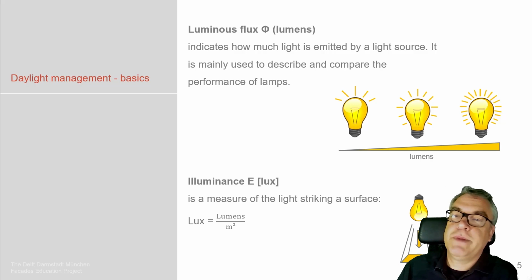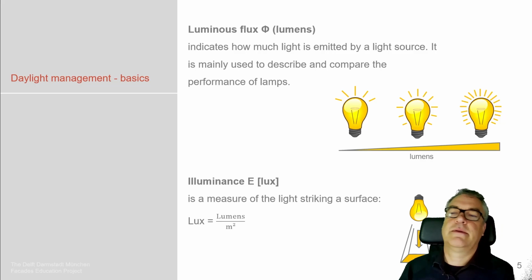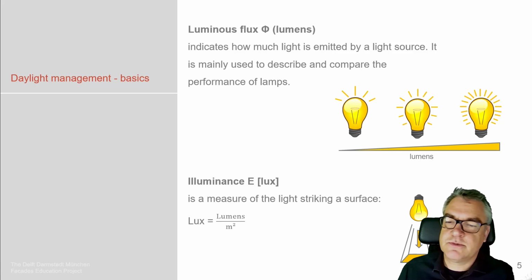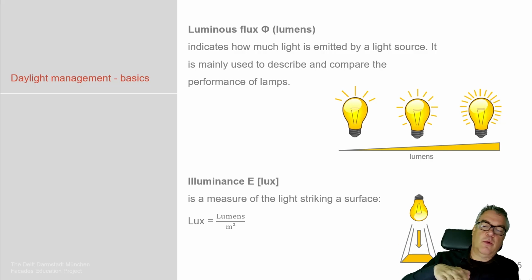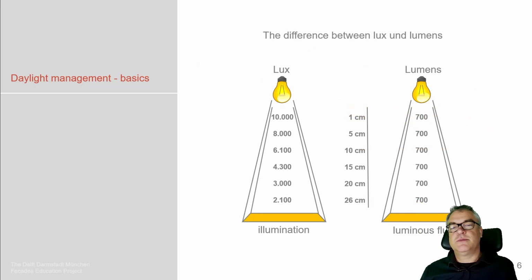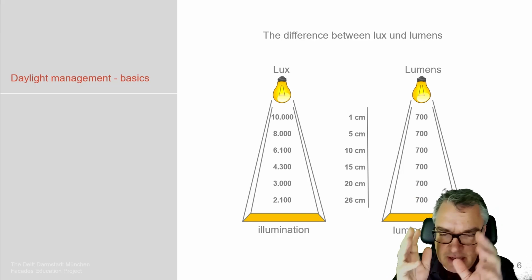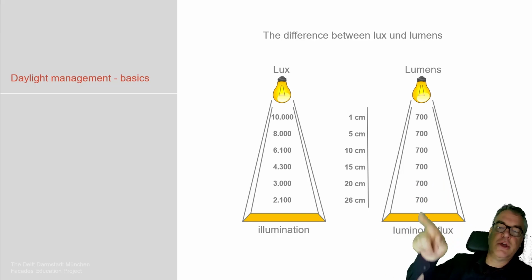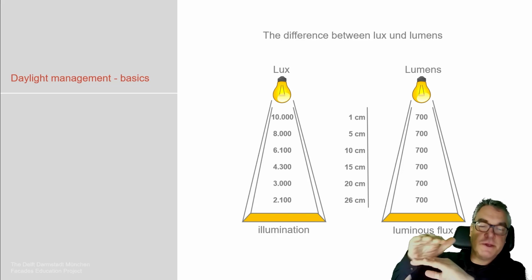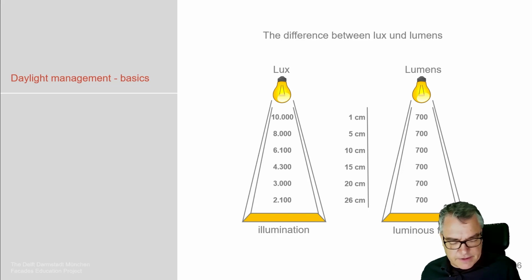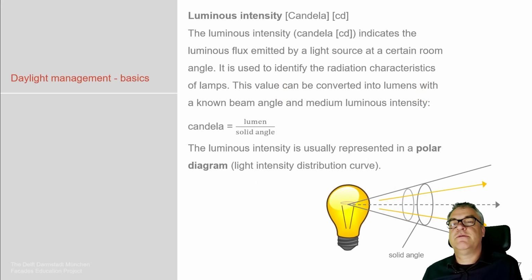We do have two basics: luminous flux, which is actually the energy emitted by light sources, versus the illuminance, the lux, which means it's what really hits the surface. So how is this to be described? The lumens is the energy given by a certain source. It doesn't change, versus the illuminance, what really reaches the surface, which is obviously depending on the distance, so the energy divided by the distance to the surface.